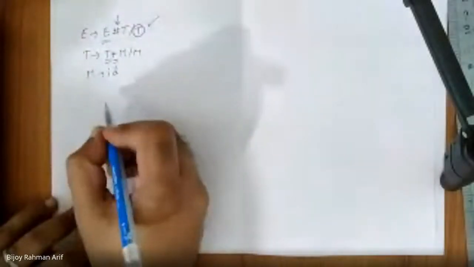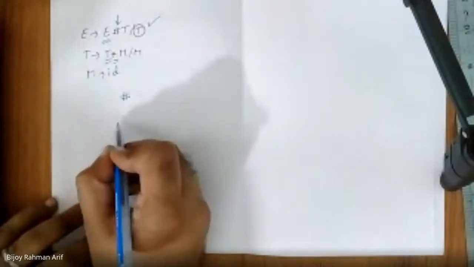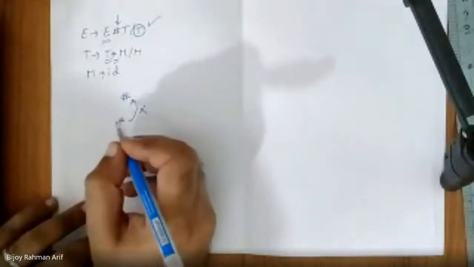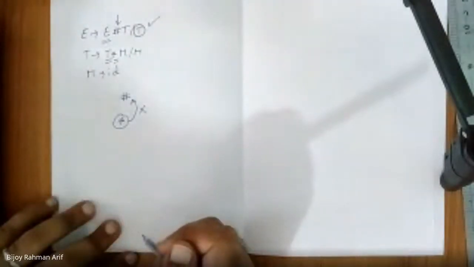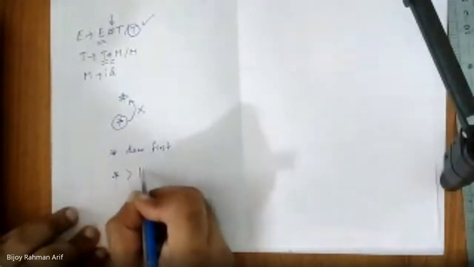So it is like this. Let's assume you generate hash. Suddenly you start generating star. Then you cannot return back to hash. So that's why all the star operations should be below the hash in the parse tree. So that means star should be done first. Yes, sir, that I understood. We discussed that before, so star has higher precedence than hash.